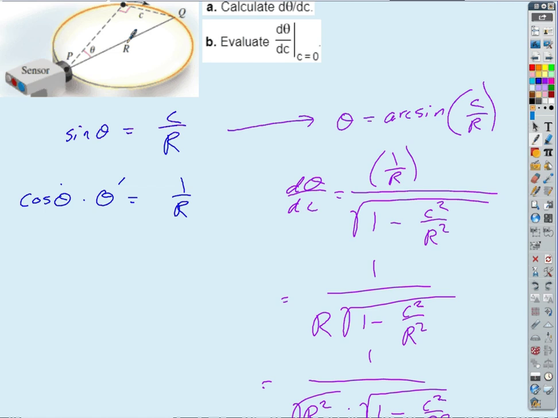So if we just filled in the one missing side up here, wouldn't this have to be, if the hypotenuse is r and the opposite leg has length c, then the adjacent leg right here would have to have a length square root of r squared minus c squared, right? And so cosine theta then is going to be the ratio of adjacent divided by hypotenuse, right? So we could trade that for